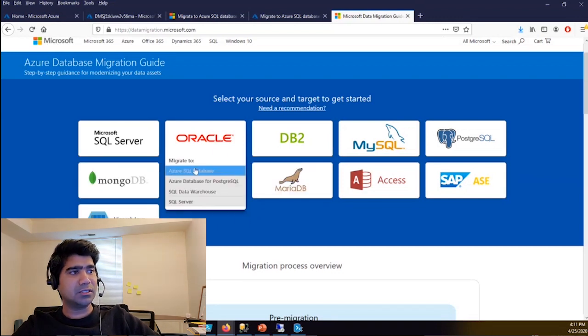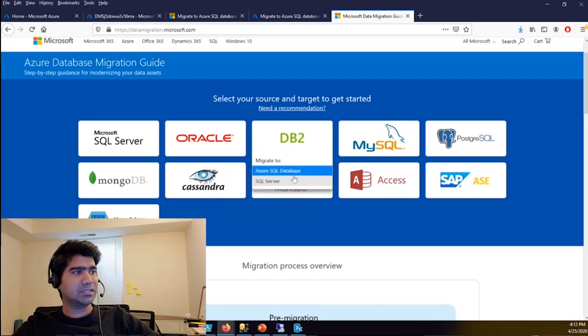If you go to Oracle, it will tell you you can migrate it to SQL Database, PostgreSQL, SQL Data Warehouse, SQL Server. Okay, but for this particular case, the most compatible one is PostgreSQL because the languages are similar. For DB2, again, it will suggest SQL Database or SQL Server.